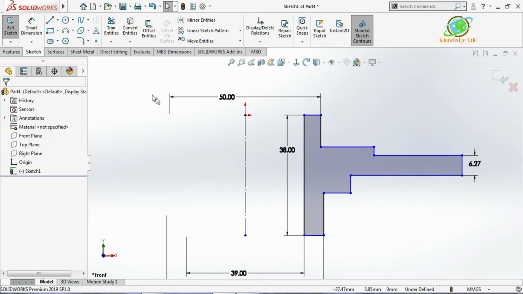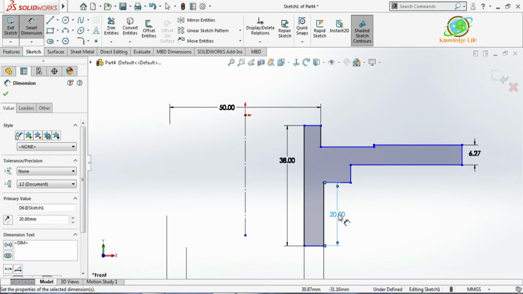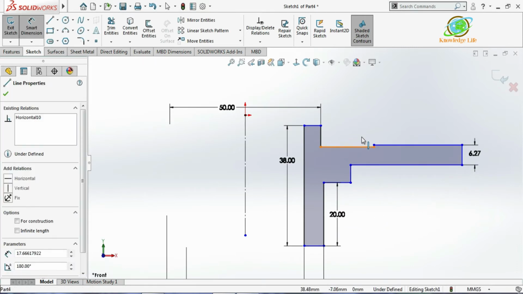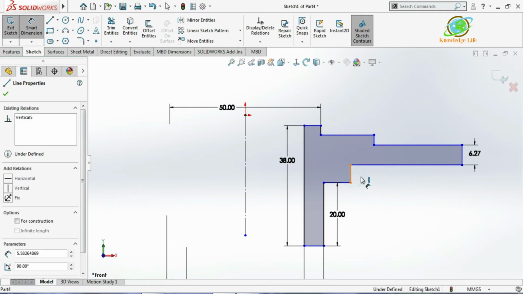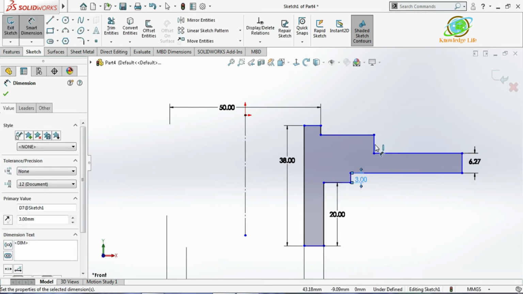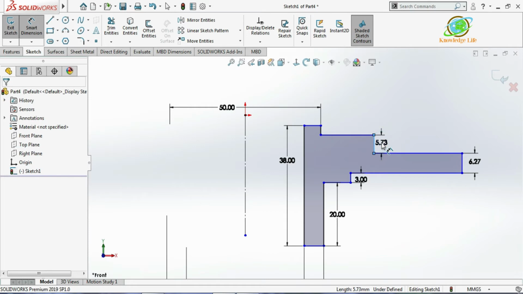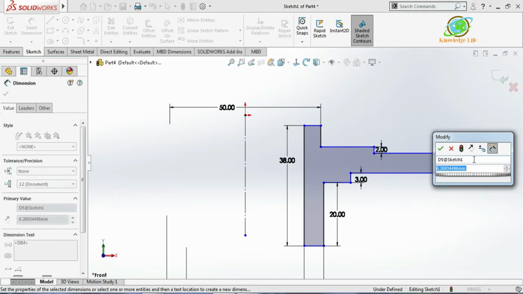First I will give the dimension here, so click on this, give the dimension here 20. I'll adjust it here a little bit. Now go for the dimension once again and give the dimension for this here 3 mm. So for this having the dimension 3, for this having the dimension 2, and for this having the dimension 9.